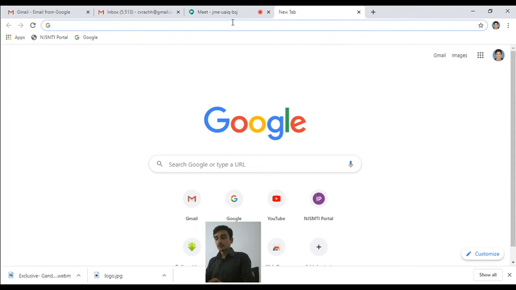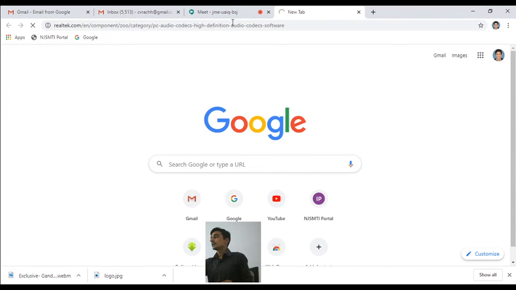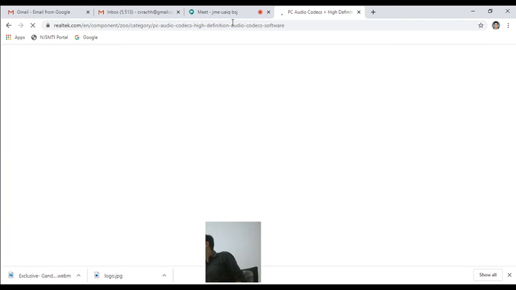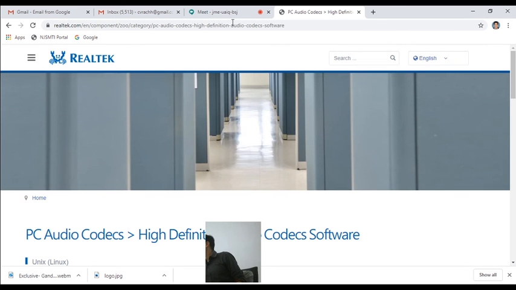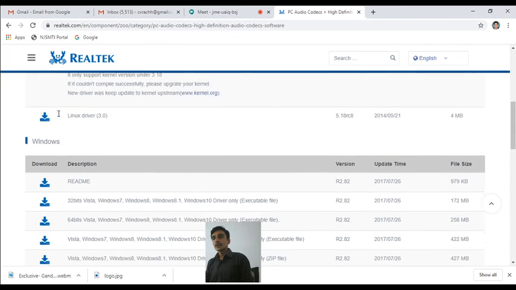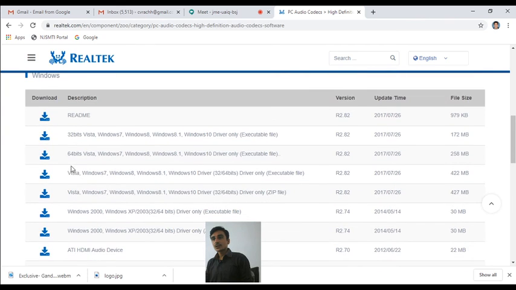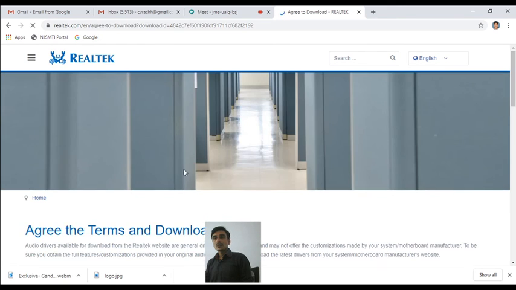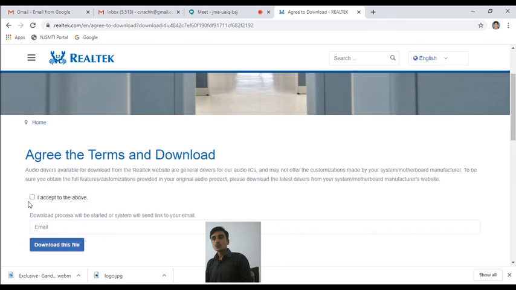Paste the URL in the browser and download the software for your particular operating system and configuration. If I have Windows 7 64-bit, then I should choose this. It will ask for your email ID. You just enter your email ID and agree to the terms for the download.